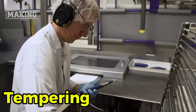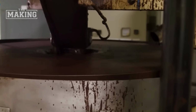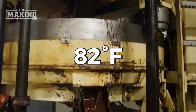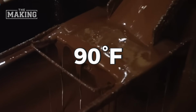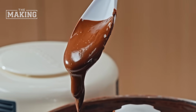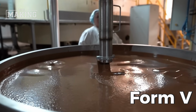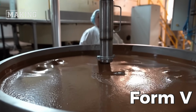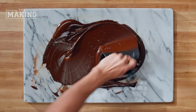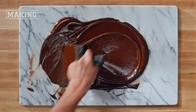Now comes tempering, the trickiest step. A machine heats the chocolate to 131 degrees, cools it to 82, then raises it to exactly 90. This precise cycle forces cacao butter crystals into a formation called Form 5, the only structure that gives a bar its clean snap and glossy shine. Get the temperature wrong by just a few degrees, and the bar comes out dull, soft, and coated in chalky